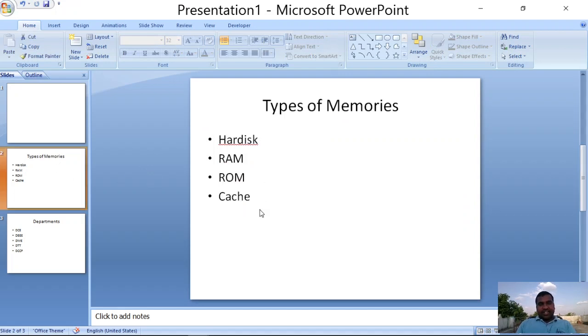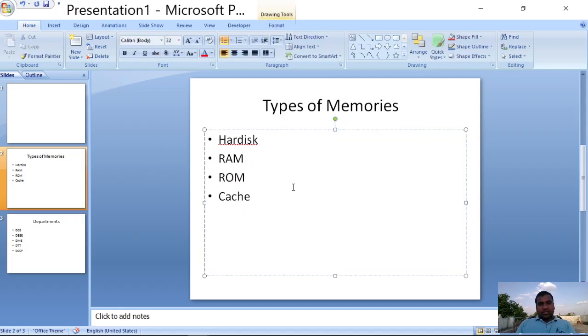Here in the first slide, I want to insert this sound. So what do I need to do?